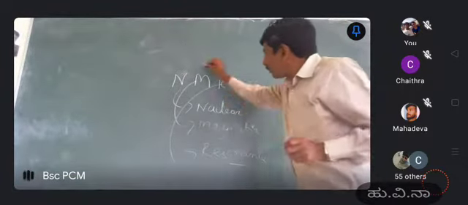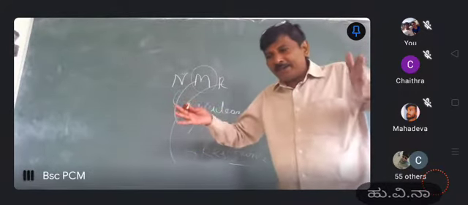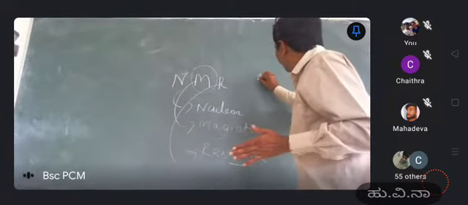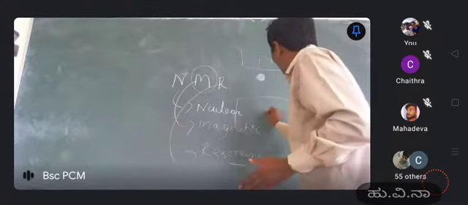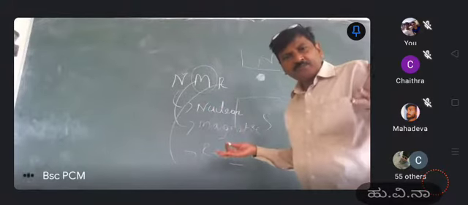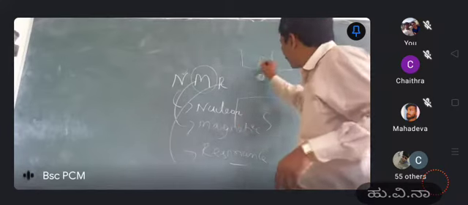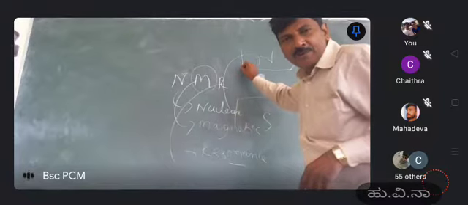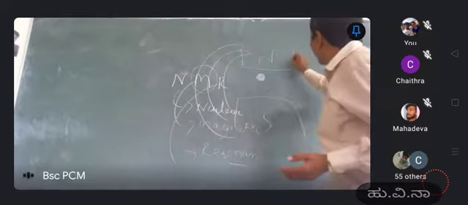Now, what is this magnetic field? It is the applied magnetic field, the external field applied to the nucleus. Suppose this is the nucleus and this is the applied field. You have all studied these things in physics: magnetic lines of force start from the north end and terminate at the south end. Similarly, the same happens here.